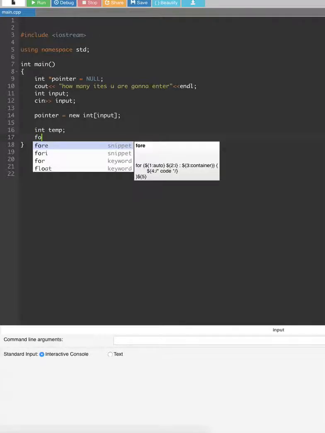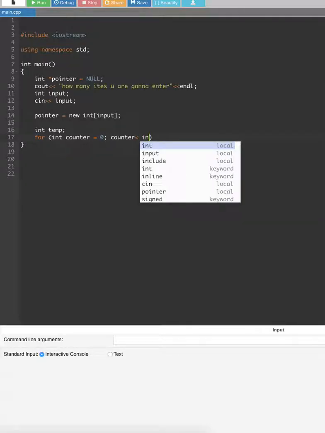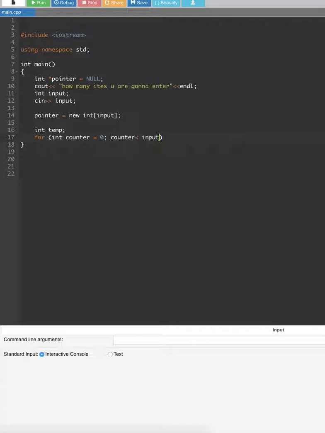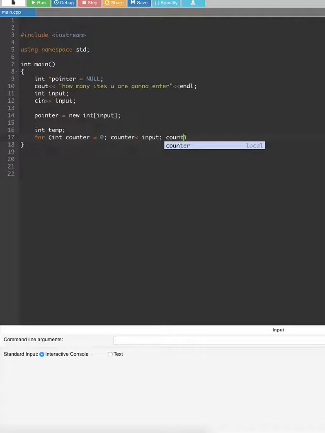So we are going to create a for loop right here, for integer counter is equal to 0, semicolon, counter less than input, and we increase the counter by 1, so counter plus plus, and then curly bracket, cout statement for the user to enter the item. So this is going to appear on the screen,